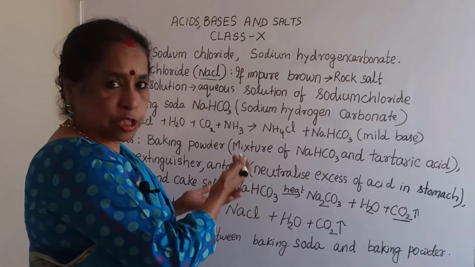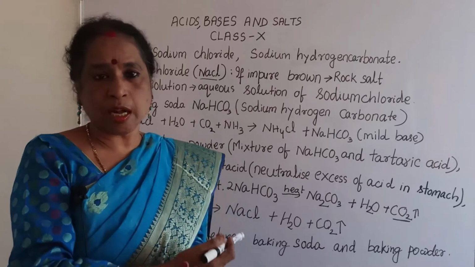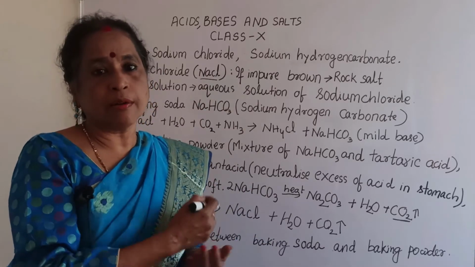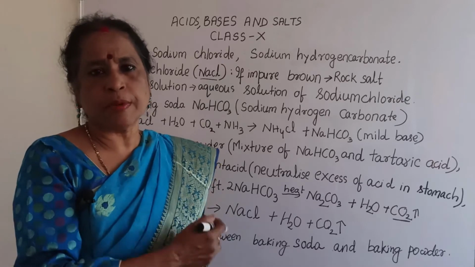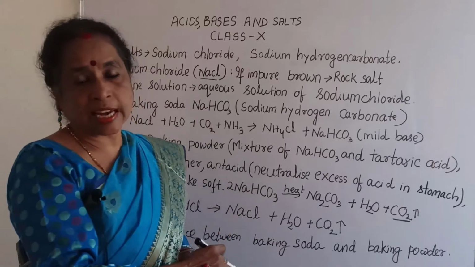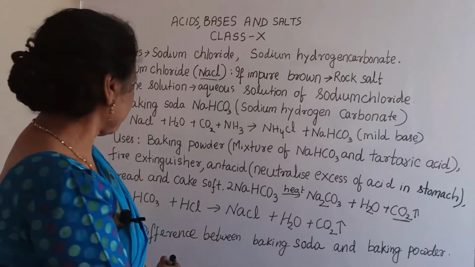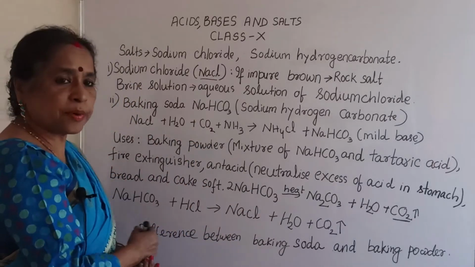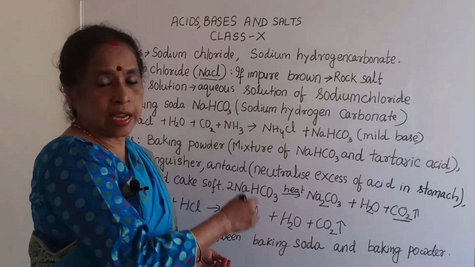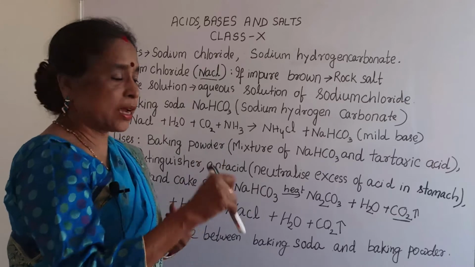First example you see here, sodium hydrogen carbonate, and if you go to higher class you will learn that it is milk of magnesia and Digene, and so many medicines which are important act as antacids. Then bread and cake soft, I told just now, when sodium hydrogen carbonate is added to bread, added to cake, then what happens?